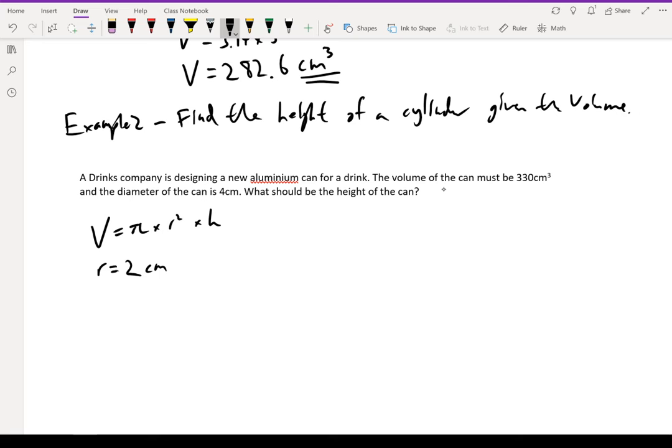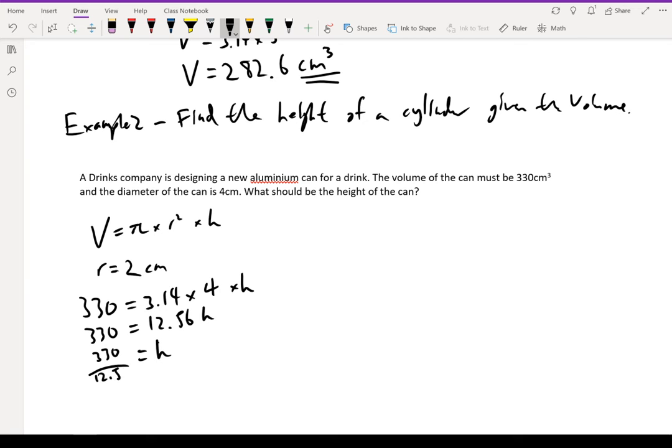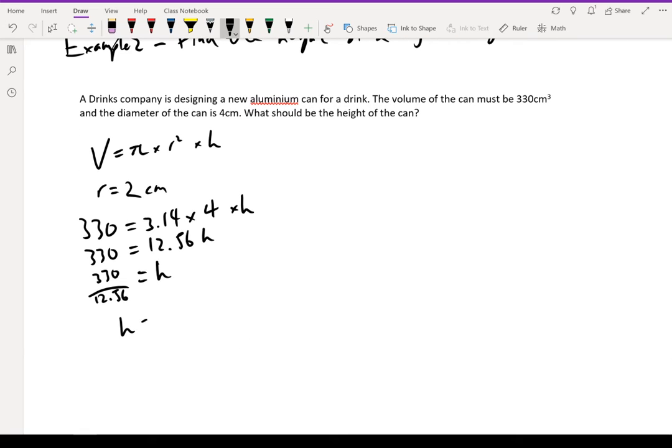So what we're going to do is plug in 330 is equal to 3.14 times 2 squared, which is 4, times the height. So we're going to do 3.14 times 4. That's going to be 12.56 h, and that's equal to 330. That means that height is equal to 330 divided by 12.56, which is